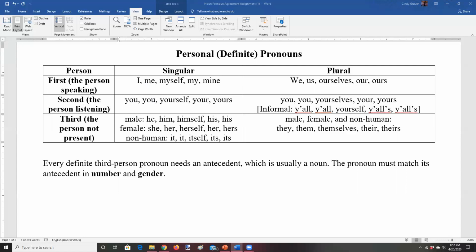Then we have yourself, your, and yours. Plural, in formal English, has exactly the same structure except for the reflexive, which, since it's plural, we're going to change from yourself to yourselves. But here in Texas, in everyday conversation, we don't typically refer to a group of people as you, because that's